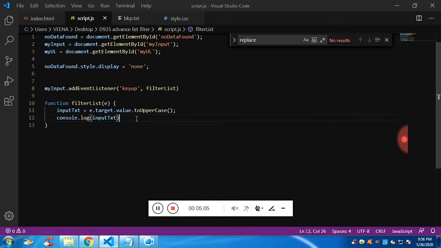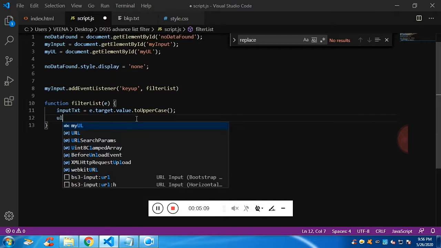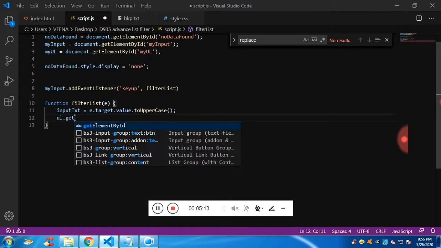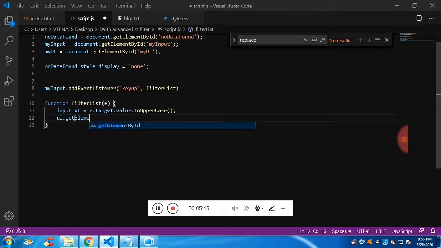For that, we have the container ul. I have stored it into a variable. This is the ul, and I'm going to get elements by tag name. Inside we have li. So we have more than one li. So let me show you how many li's we have. If I console log it and show you,